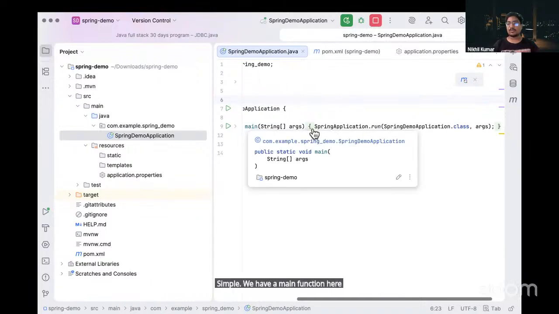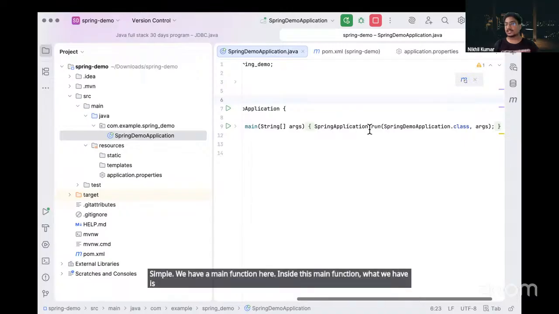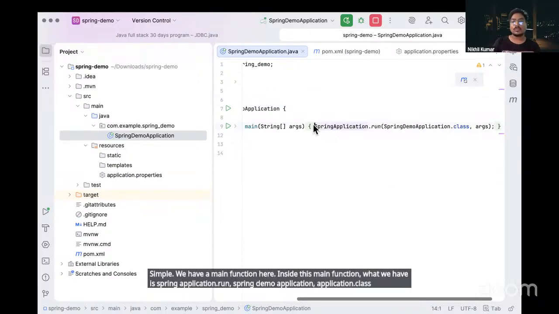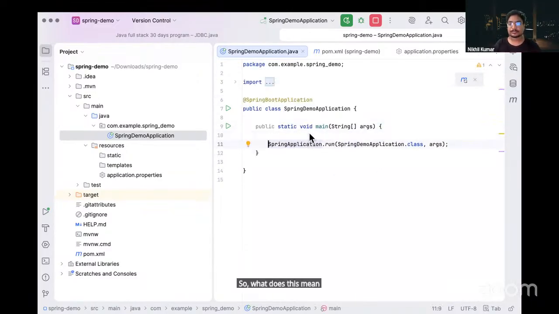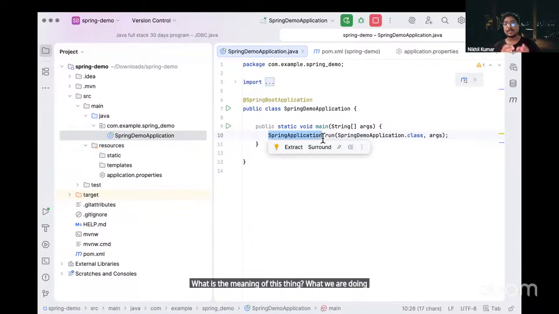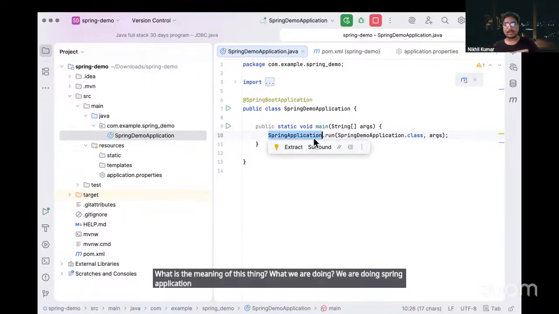Inside this main function, we have SpringApplication.run(SpringDemoApplication.class). So what does this mean? What is the meaning of this? We are using SpringApplication. Where are we getting this SpringApplication from?